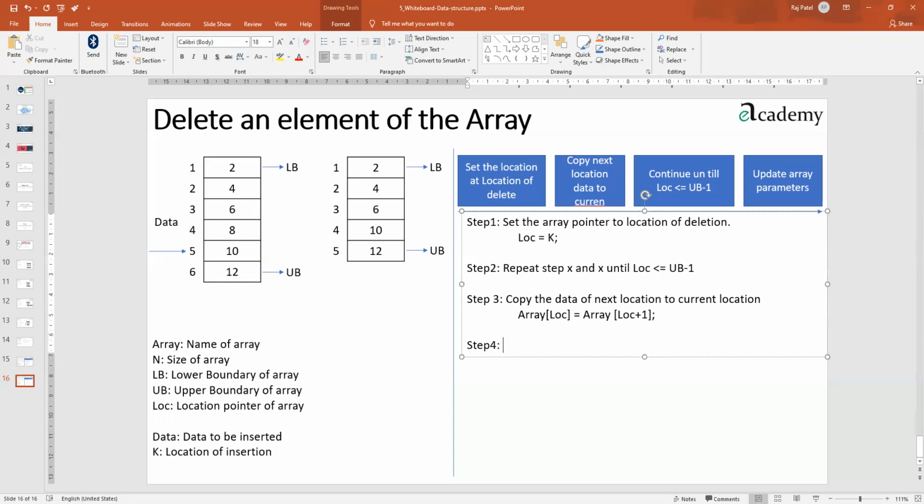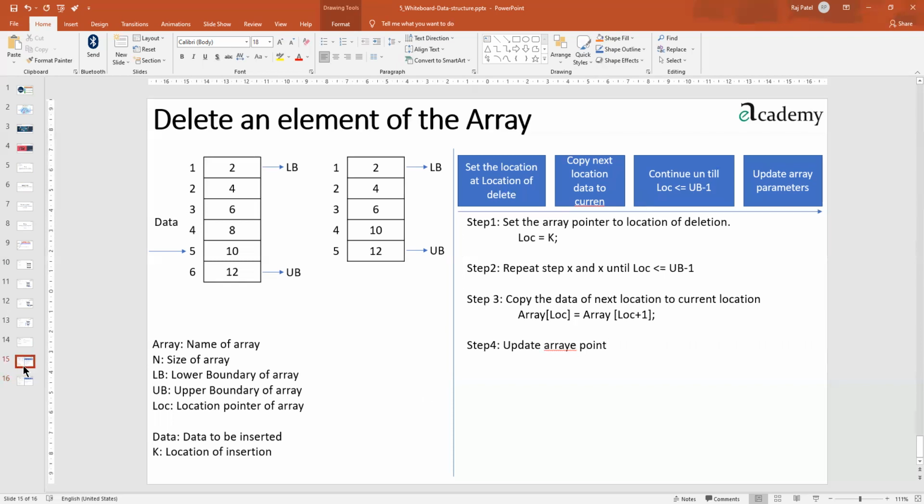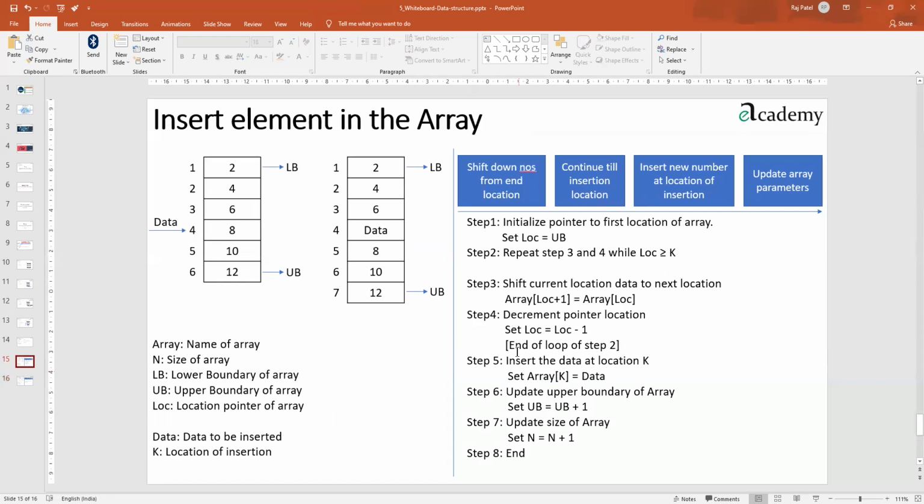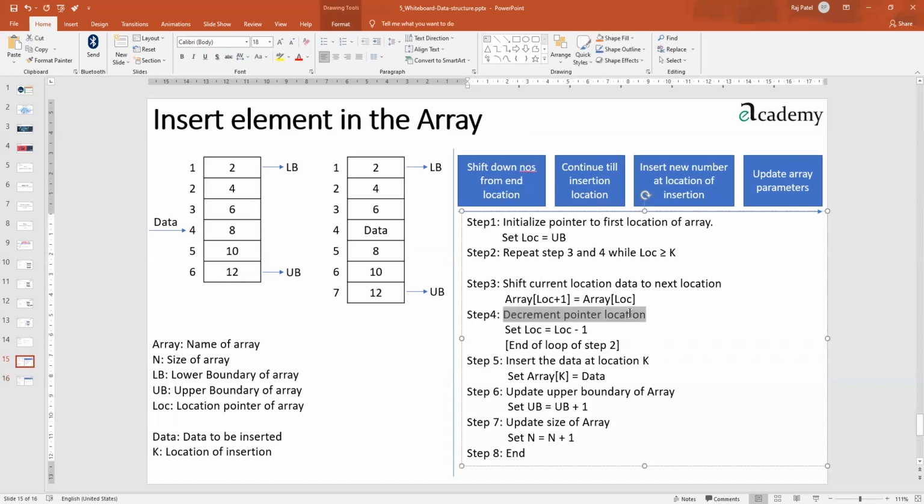Step number 4 will be what? We have to update LOC, means LOC should get updated. Update array pointer. Let's see what we have written here. We wrote increment or decrement, so we'll say that only.